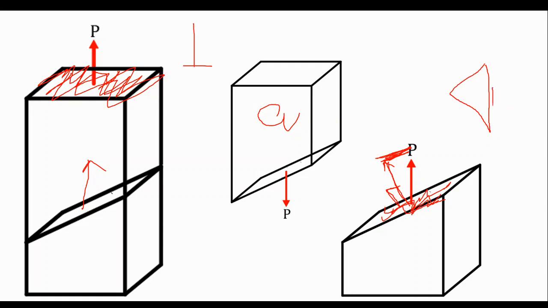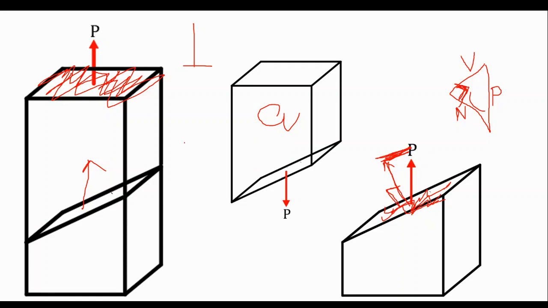Mao nitong P, mao nitong N, mao nitong V. And take note, si normal ug si shear force, they must form 90 degrees with each other. So that ang ilang hypotenuse is si P. Okay? So, ingon ana mag-analyze og stress on inclined